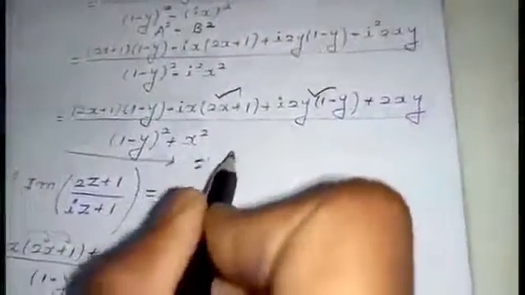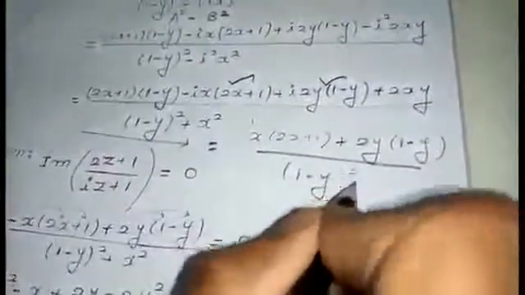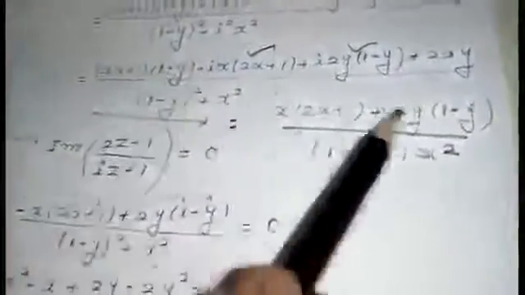So what is the imaginary part I am having here? That is the term with i. Again, I will do one more step here. If I want to take the imaginary part alone, the imaginary part here is x(2x plus 1) plus 2y(1 minus y), divided by the denominator (1 minus y) the whole square plus x square. That is, for the real part and imaginary part, we will be splitting the denominator. So you will be getting this as your imaginary part. Given question, I am writing it as it is, students.